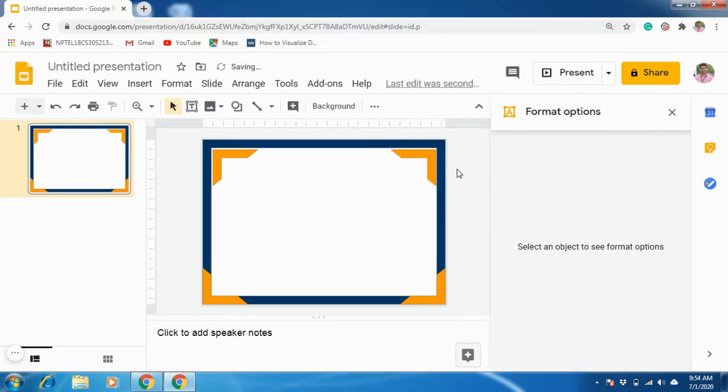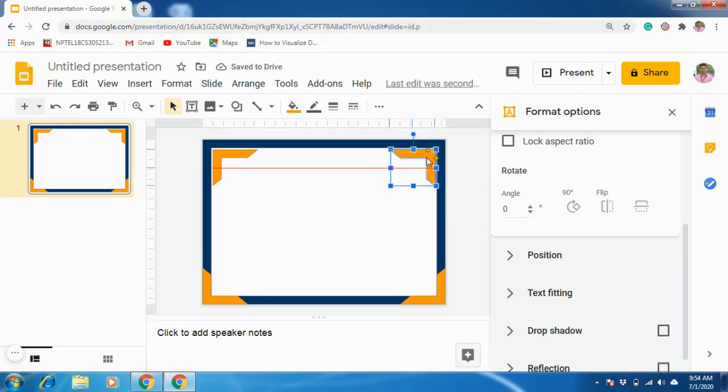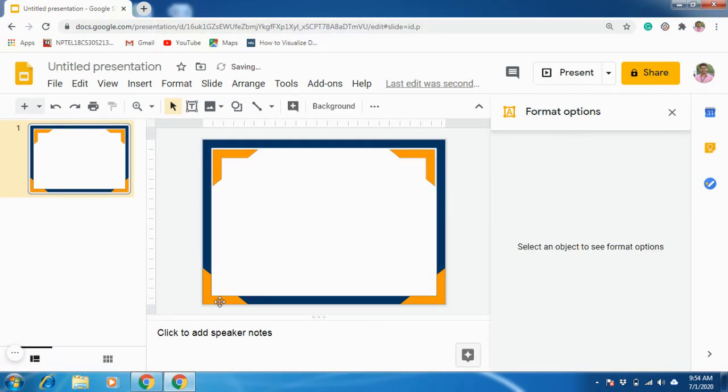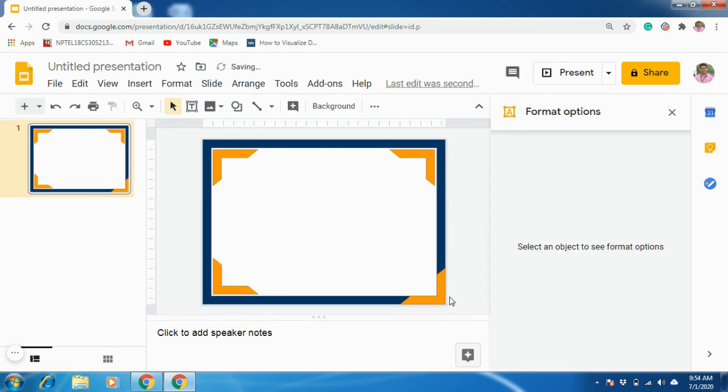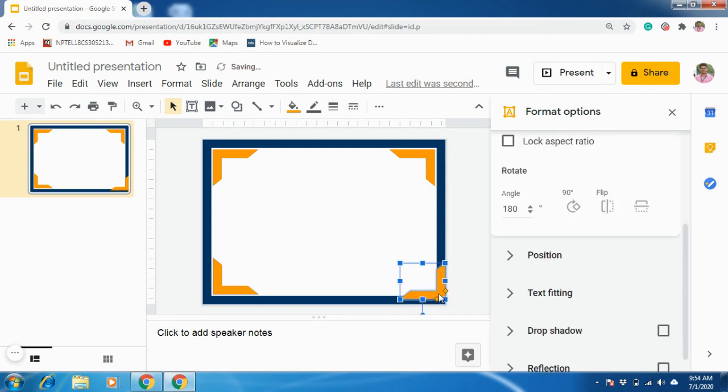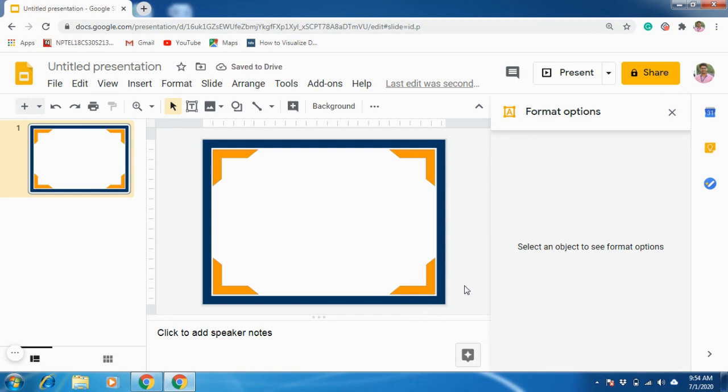When you practice, you will come to know what this movement is and everything. It's always better to use these arrows so that you will get the accuracy. The alignment will be good if you are using arrows. So this is one kind of frame.